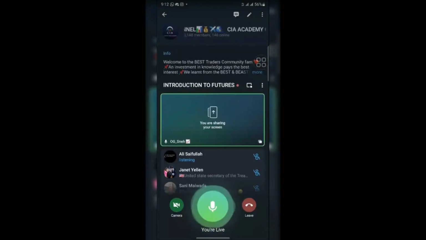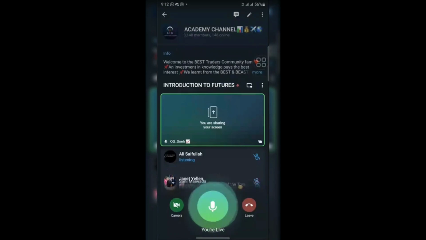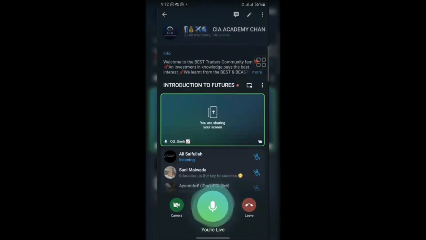Which exchange? There are a lot of exchanges. There is OKX, Binance, Bybit, Bitget, a whole lot that you can mention. You can just search online for exchanges or cryptocurrency exchanges, and you are going to see a whole lot. But the most common ones are what? Binance, Bybit, Bitget, OKX, MEXC exchange. You understand like that?